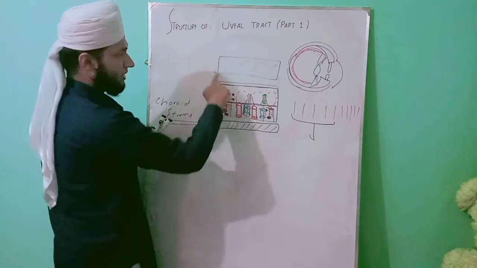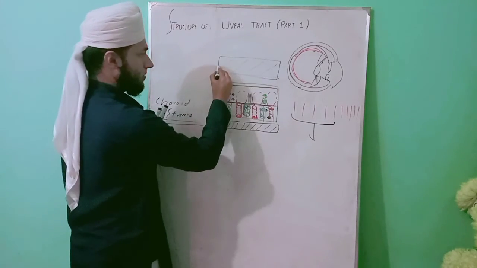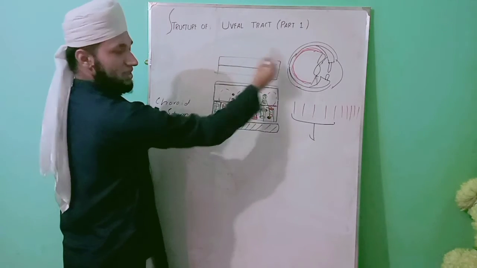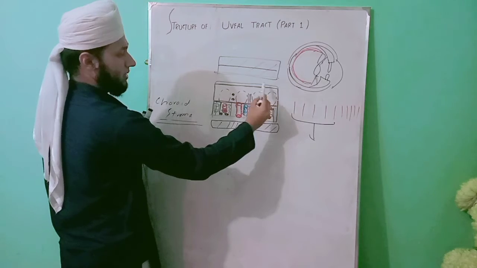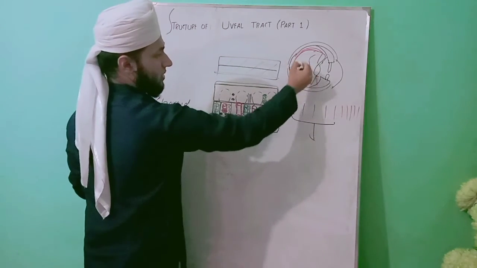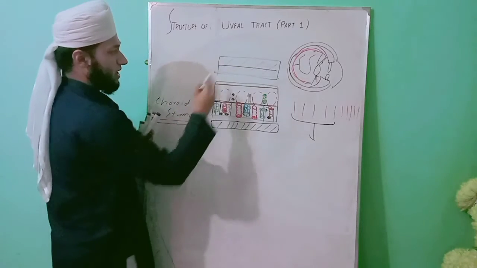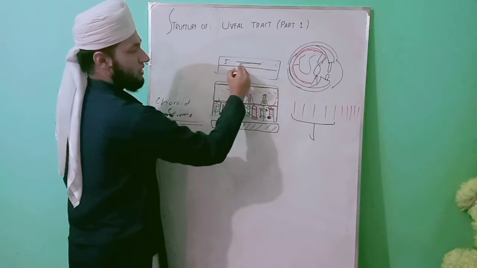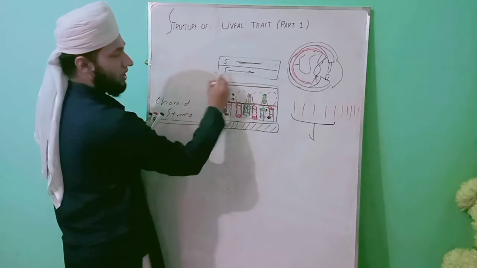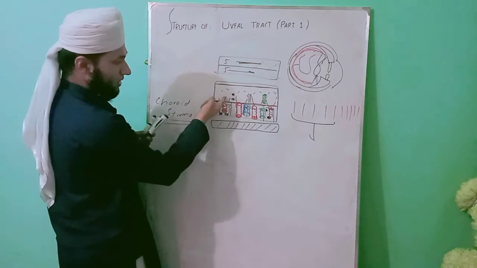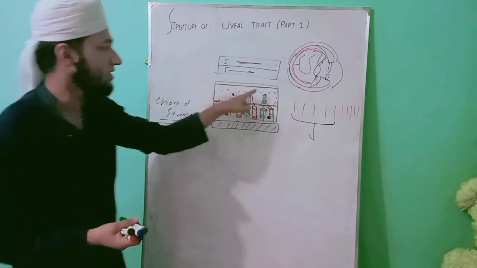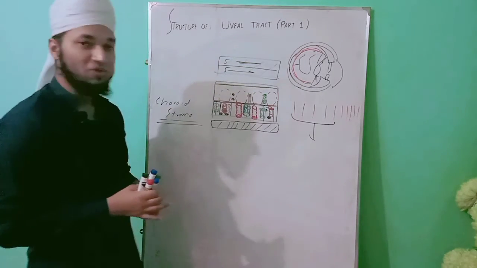Let me tell you, this is our retina. We divide it into two parts. The inner 5 layers, since this is toward the inner side and this is towards the outer side. Towards the sclera it is the outer side and towards the vitreous body, this is the inner side. Here are 5 layers of retina which are on the inner side and here are 5 outer layers. These 5 outer layers of the retina get nutrition from these fenestrated capillaries. So this is the second layer of the choroid. What is this layer called?